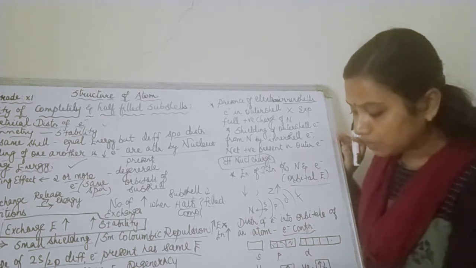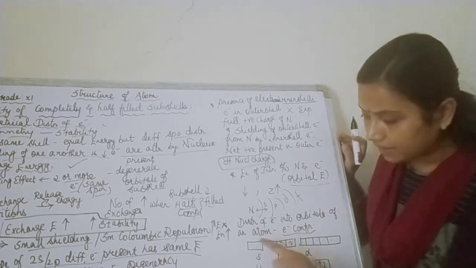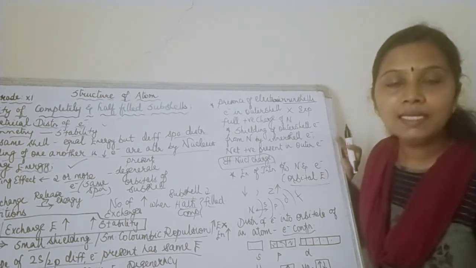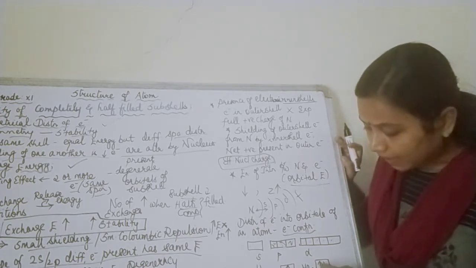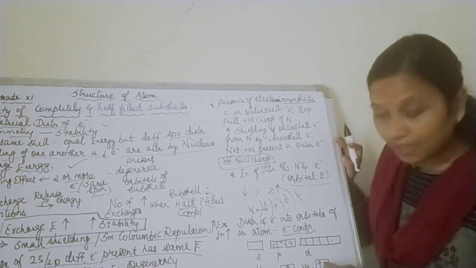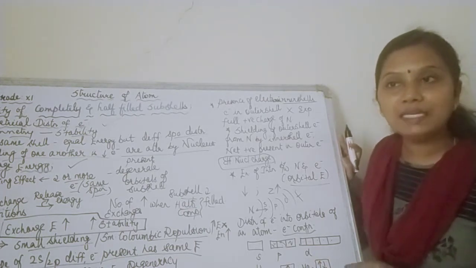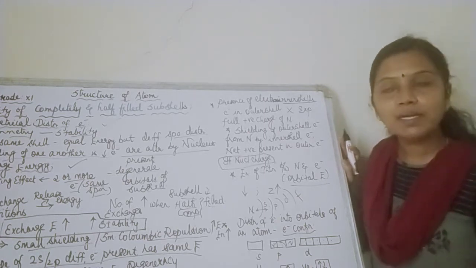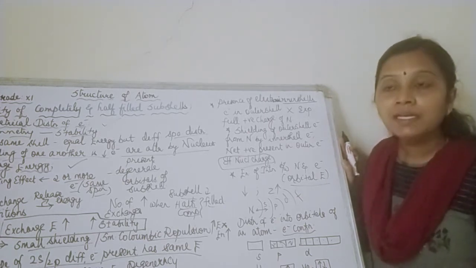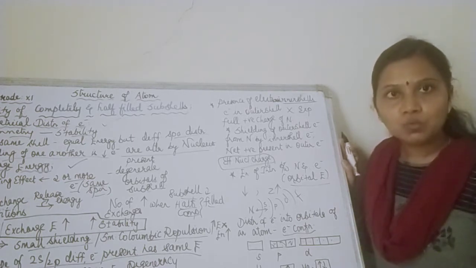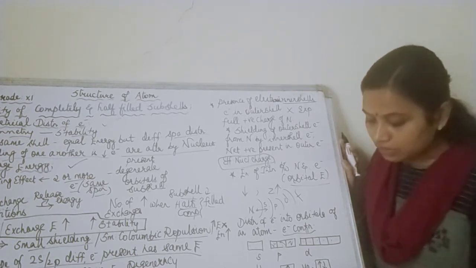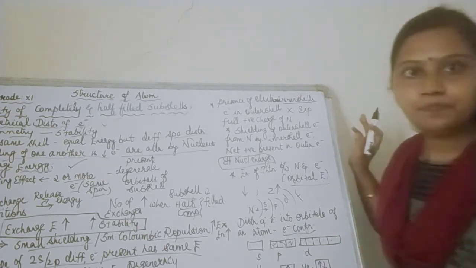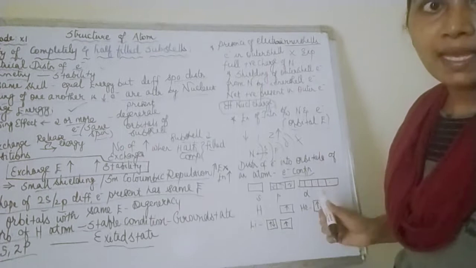What is the atomic number of hydrogen? It is 1, so I have indicated only 1 in the s orbital. Finished, no doubt. Now what happens to helium? Helium's atomic number is 2. I have represented one with an upward arrow and another with a downward arrow. Why? Because I am going to indicate them with opposite spins. As per Pauli's exclusion principle, no two electrons should have the same set of quantum numbers. If they are present in the same orbital, they should have opposite spins, so one has a positive spin and the other a negative spin.